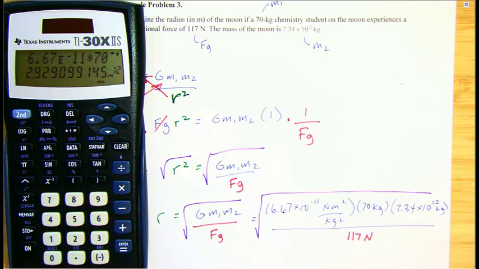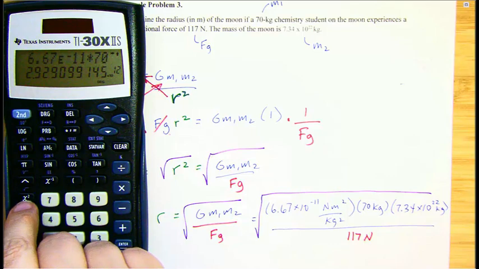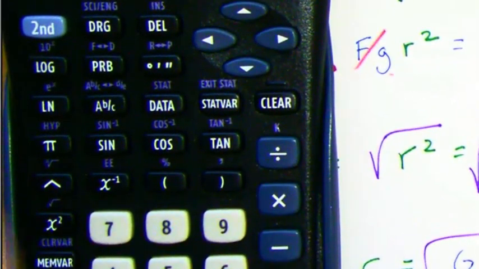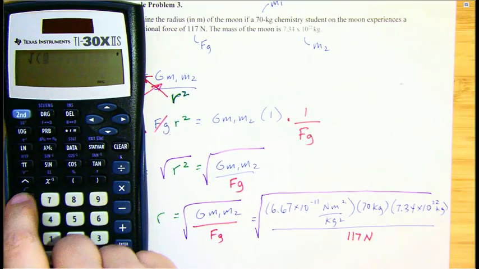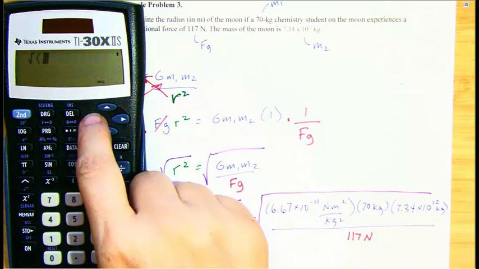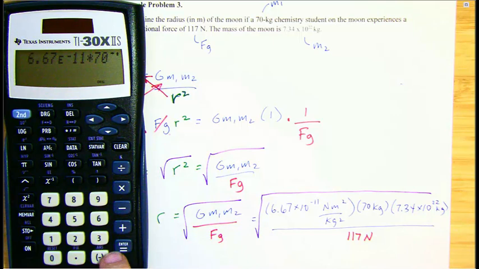In this calculator, the square root is on top of the x squared. So the square button and the square root is that purple above it. So I'm going to have to do the second, this. Oh, it's not going to let me do that. Okay, so let me see if I can go back. I'm going to instead press enter. I had that answer. Maybe it would have been better to put the square root first, but what I'm going to do is